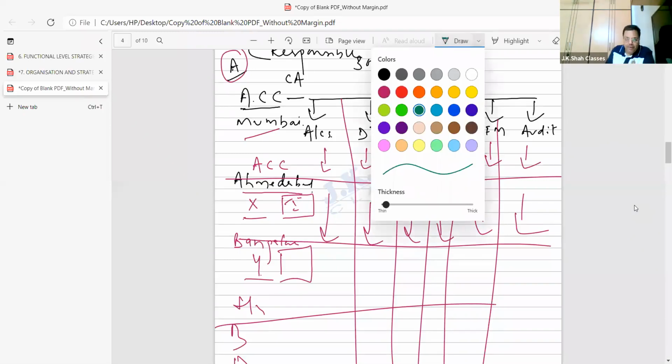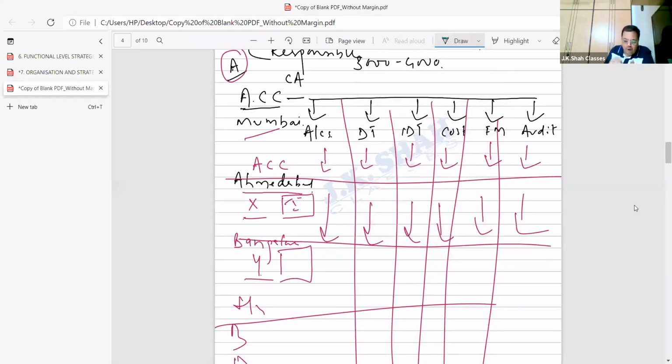Suppose one particular professor from Bombay comes to take a lecture in Bangalore. So, bacha, this professor who comes to take a lecture in Bangalore, let us say, comes for a costing lecture. So, he is Mr. G. Now, Mr. G will have to take orders from the head of the costing department in Bombay. Okay, what I should teach, how many hours I should take, everything he'll tell. And bacha, here you have a Bangalore in charge who will also command and say, do like this.